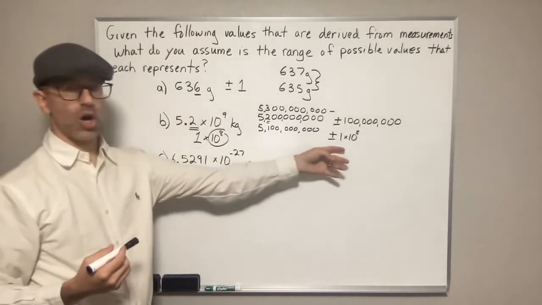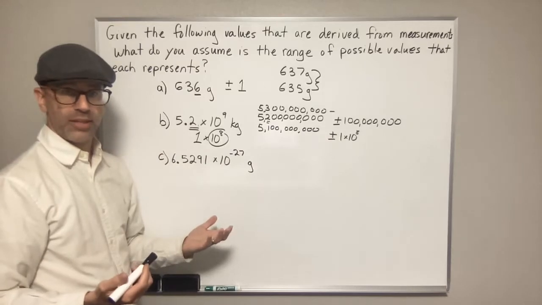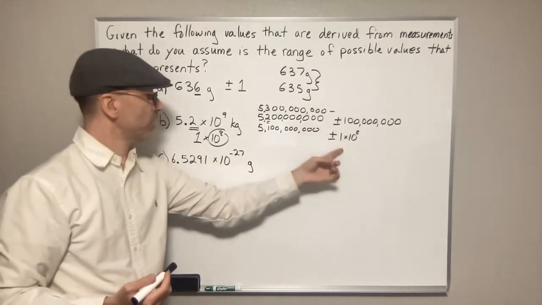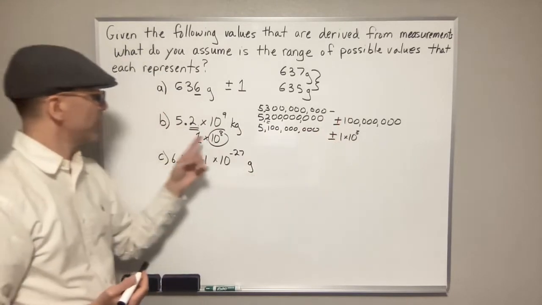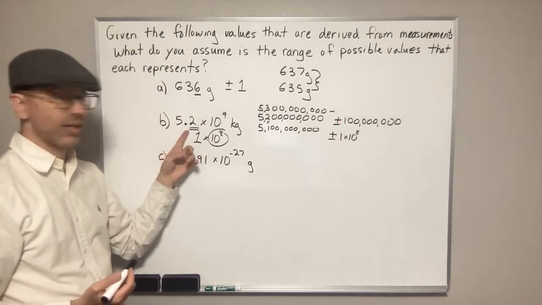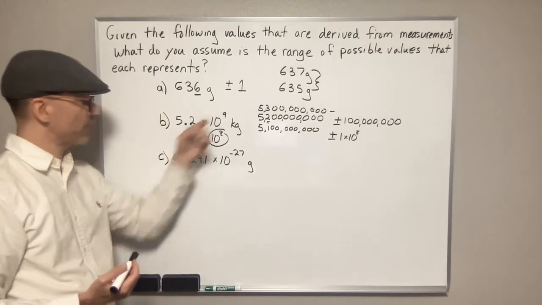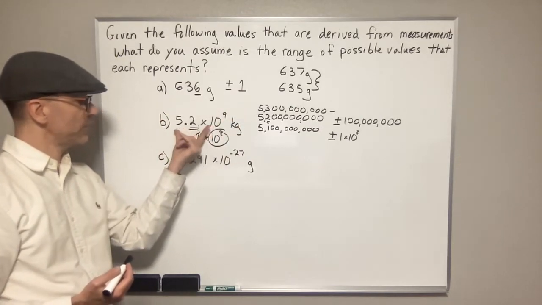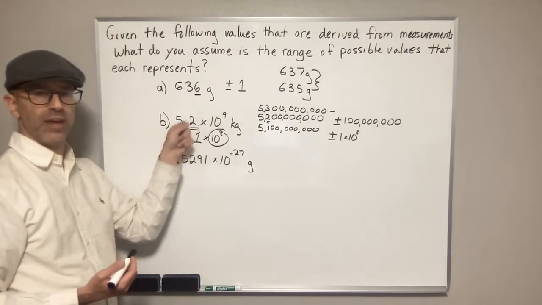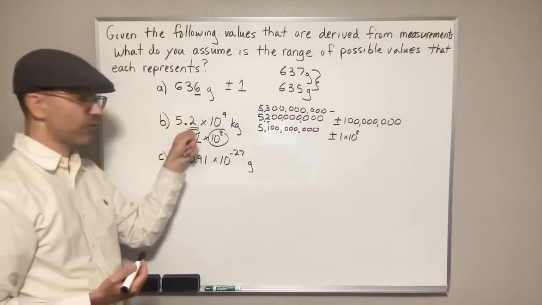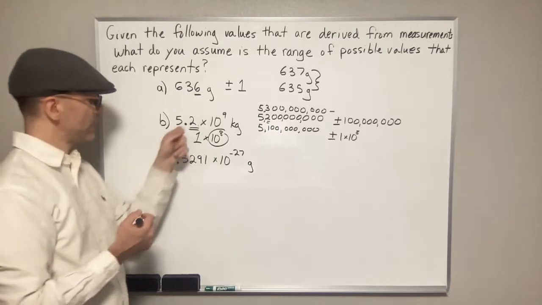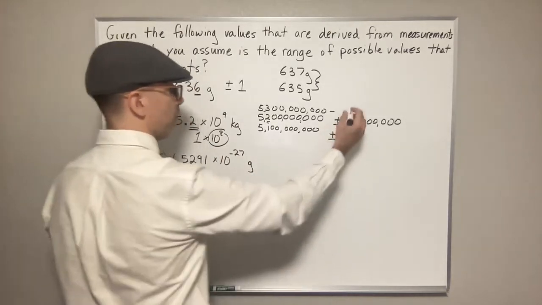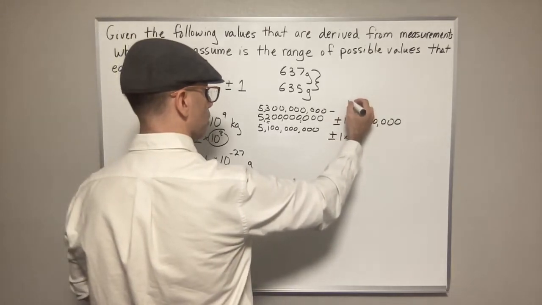So now that we know what the uncertainty of this number is, we can now figure out what the highest value and lowest value based on here. So if I keep this in scientific notation, all I need to do is add or subtract 1 from the digit. That's it. So if I add 1 to the digit, then the greatest number becomes